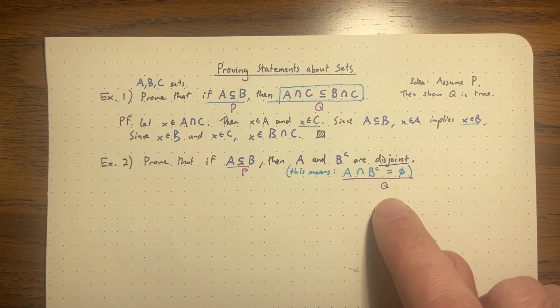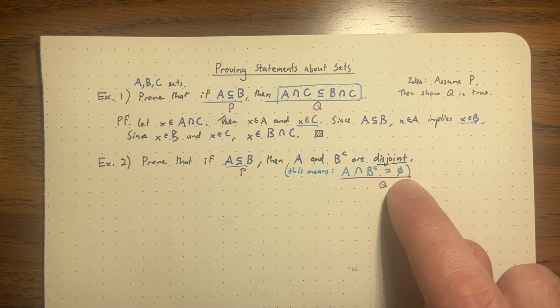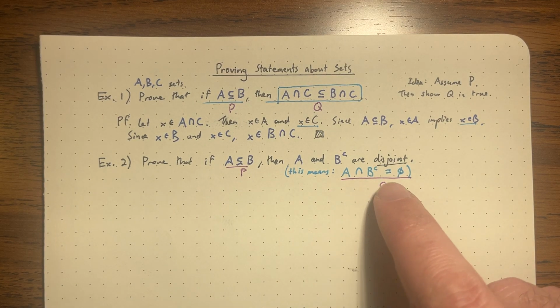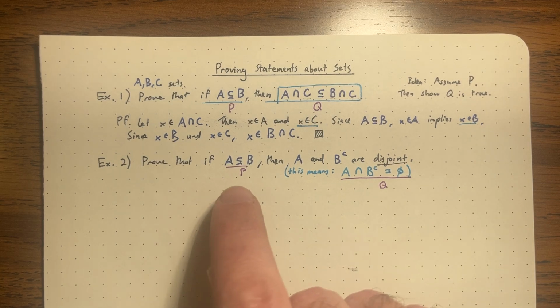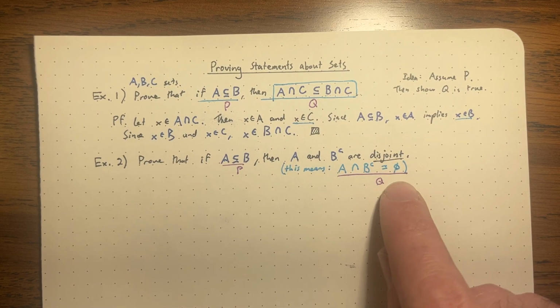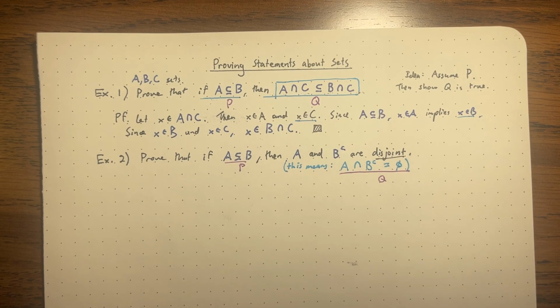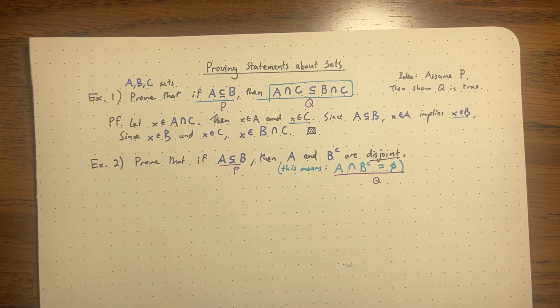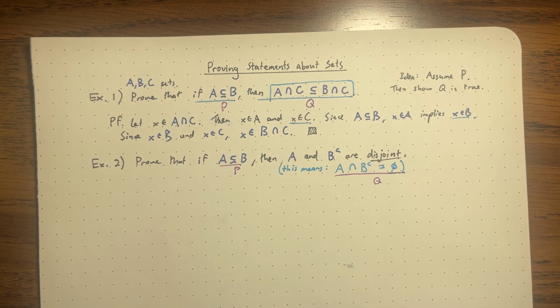Here's one potential problem. To show something as the empty set seems a bit tricky, because we have to show maybe for all elements in here, but there are no elements in there. So that doesn't quite make sense. So how do we show something as the empty set? And there are ways to do it. But my advice would be when you're trying to show something as the empty set,